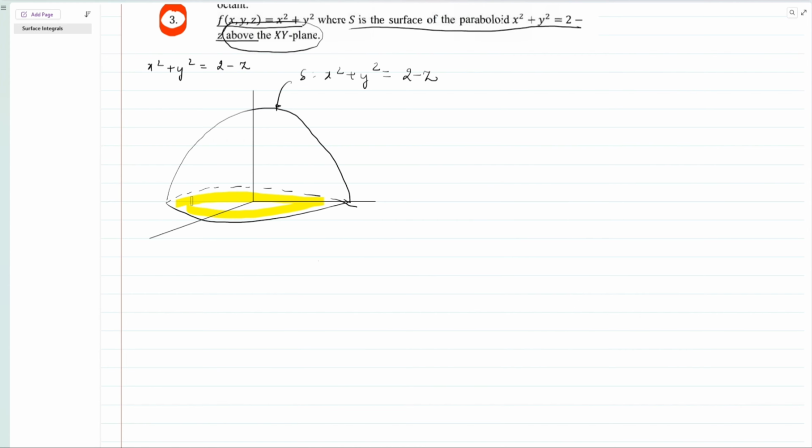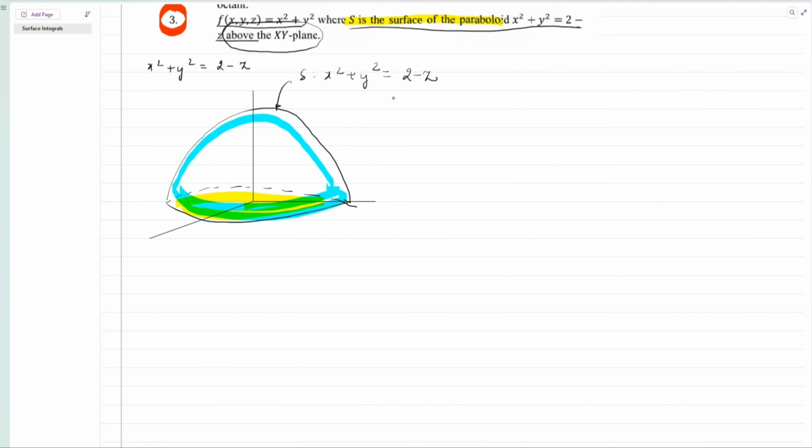Now again, you got to figure out what is the surface. So very clearly they have said S is the surface of the paraboloid. So the yellowish part which I have shaded right now, that is not the surface, and the surface of our consideration is going to be this. So the part which makes the paraboloid. So this is the surface of the paraboloid, and we could use the parameterization in the form of say cylindrical